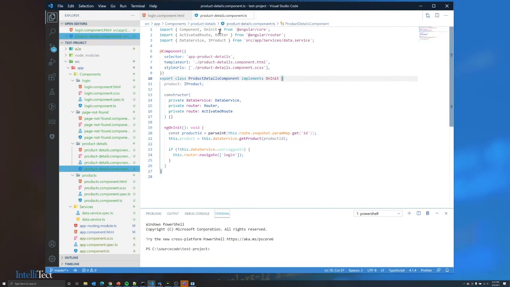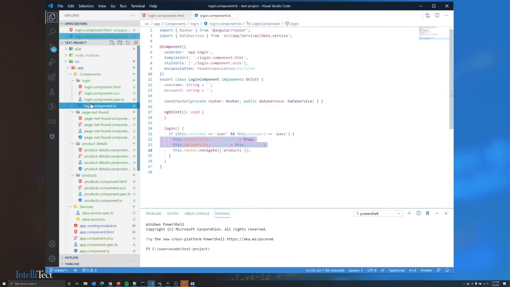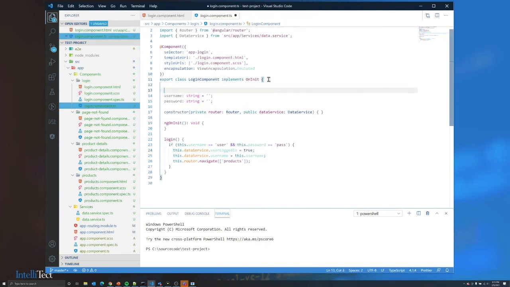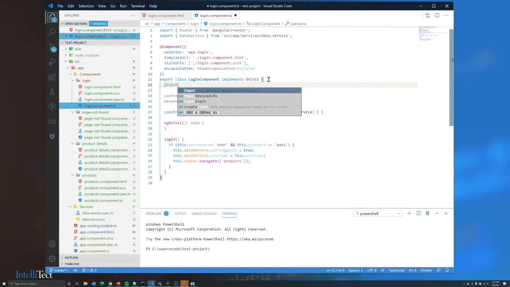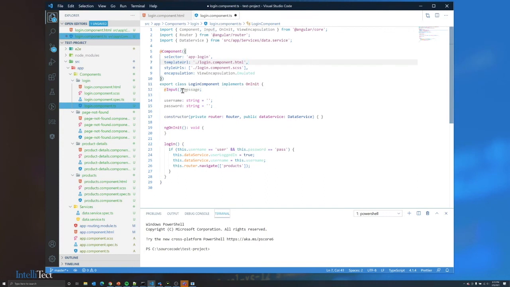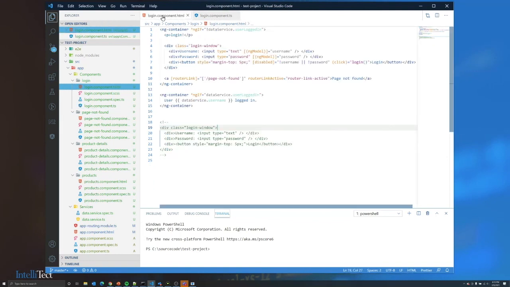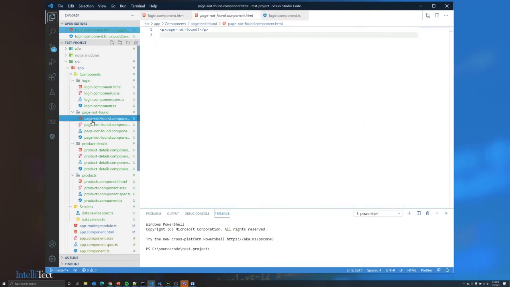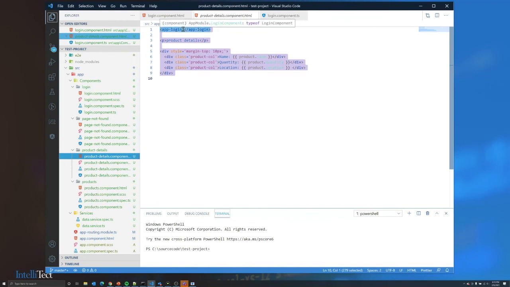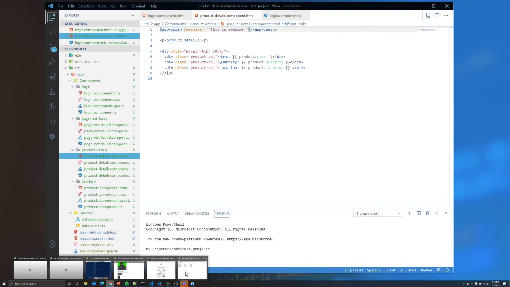Say my products detail component or my login component, since I already have something here. Maybe I need to pass something into it right when I declare it in the HTML. So I can declare something as an @Input attribute and message. And input means over in my, so like here on my product details page, if I wanted to send something into it, I can put it in square brackets and then pass that in. So let me go back to my demo product,